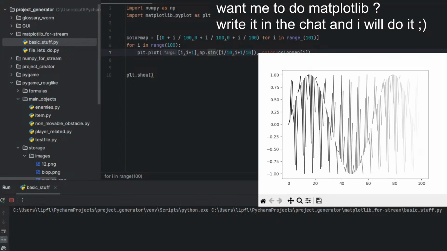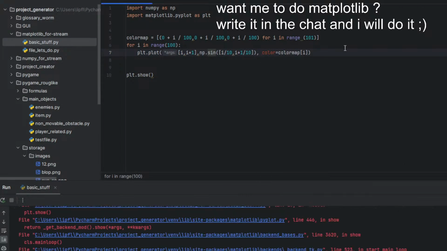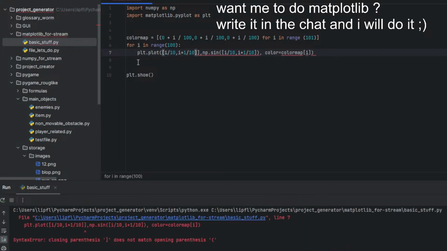Okay, color map. Ah, I get it. This, no np.